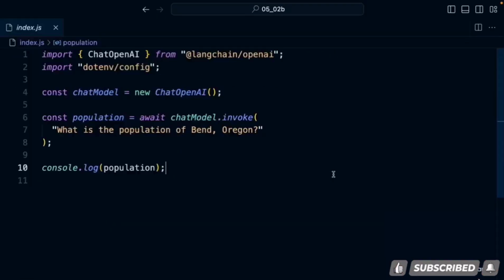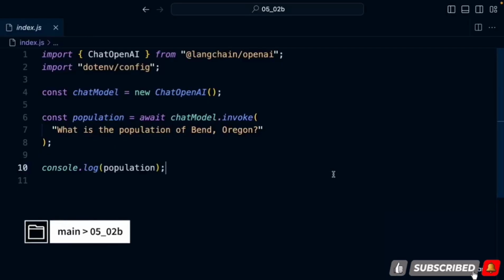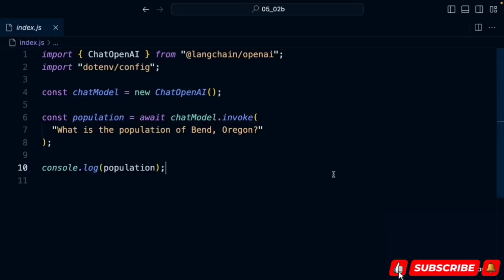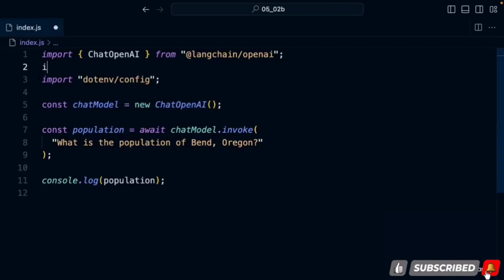In our previous example, we took a look at how to just send some simple questions to the OpenAI API. Let's make our LangChain example a little better by incorporating some prompts. So this will start to show us some of the benefits of using something like LangChain so that we don't have to do everything by hand or from scratch. The first thing I'm going to incorporate here is the chat prompt template, and this is going to come from LangChain